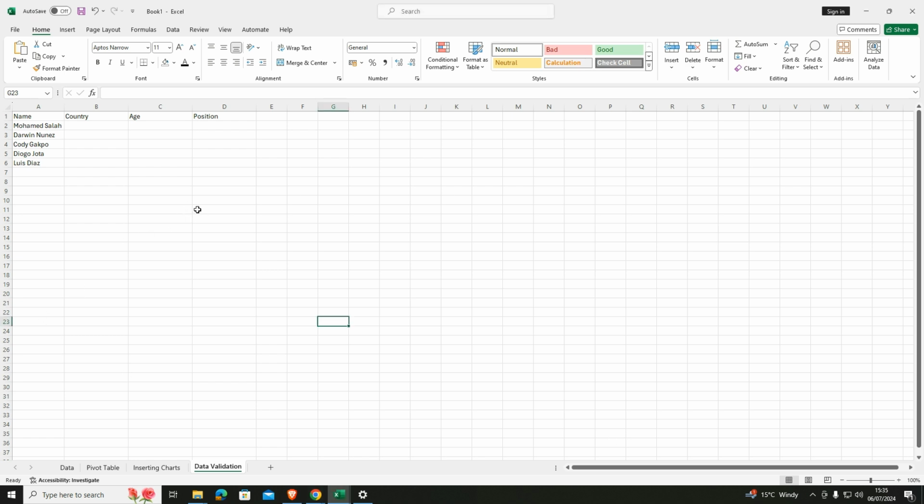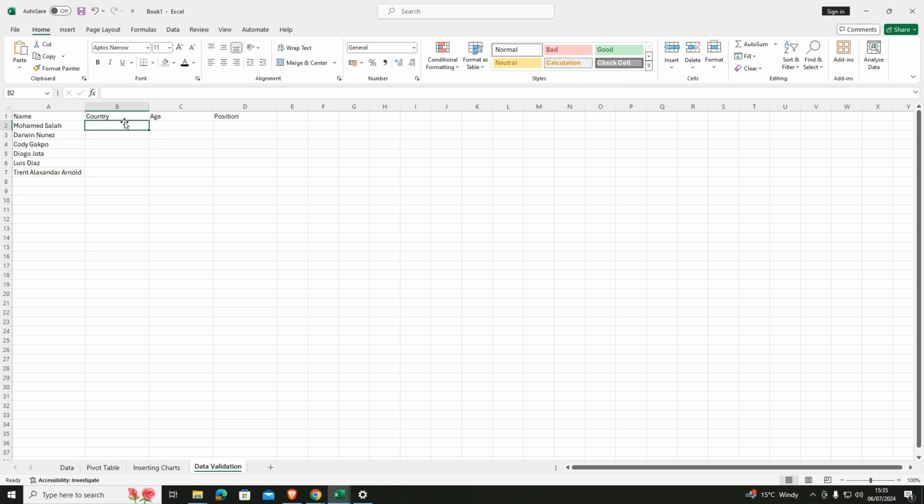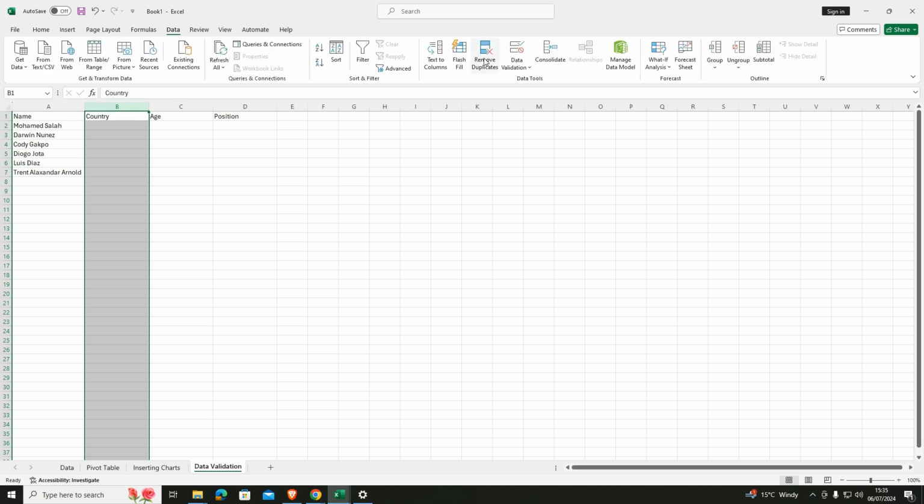Now we will work with data validation. So how does data validation work, how to do this. We have been provided with the names of these players. Let's add another column, Country. Now we will do Country, select this one, or you can select the whole column and click on Data and Data Validation